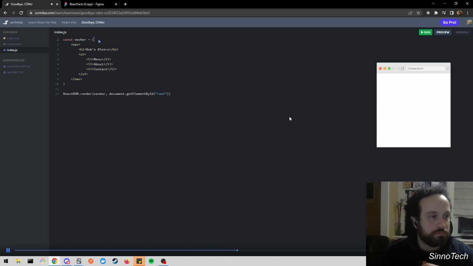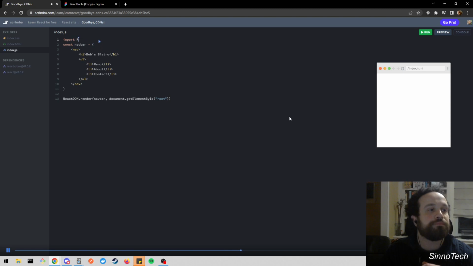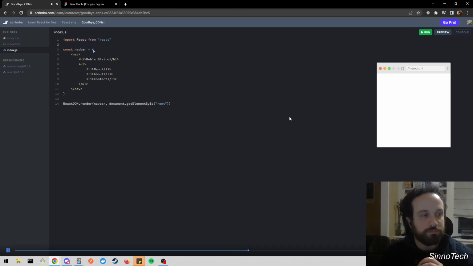What I need to do now is actually import React from React. This might not seem like it's doing anything because I'm actually not referencing React anywhere here. I've got React DOM, but that's something different. However, React is where the JSX syntax is defined, and so I need to import React in order for this to work at all. Now, the astute among you might be familiar with the fact that with React version 17,